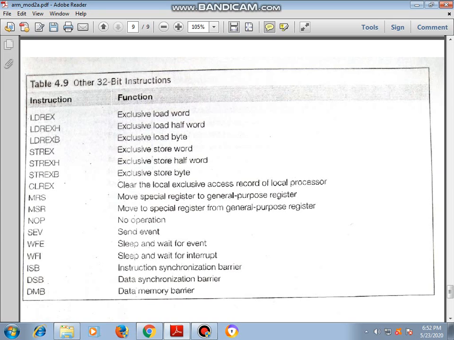These are the keywords. Next we have MRS and MSR. MRS moves a special register to a general purpose register, and MSR moves a general purpose register to a special register. These are the opcodes you use whenever you want to operate on a special register.